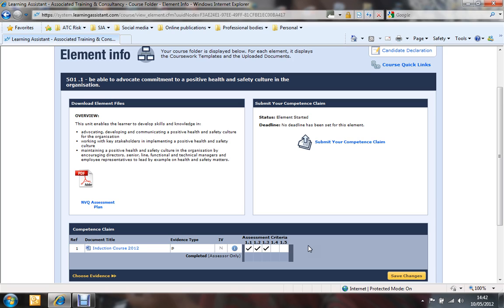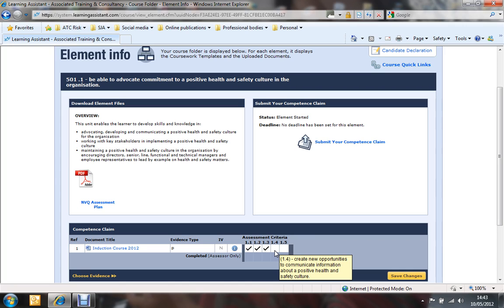And you'll notice that I tick those first three criteria. That's been reflected here in this grid. Because all of the criteria is mandatory, to complete this element we must make sure there is at least one tick in every column. What I can now focus on, because I know I've got evidence for 1.1, 1.2, 1.3, I can focus on getting evidence for the outstanding bits, which is 1.4 and 1.5. As soon as I feel that every piece of criteria has been covered by at least one piece of evidence,